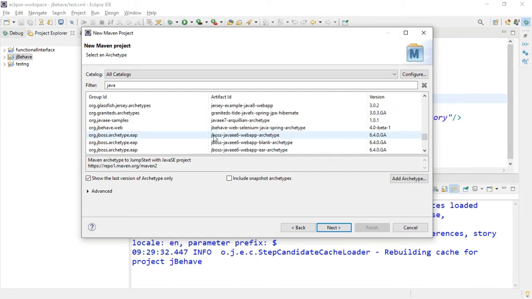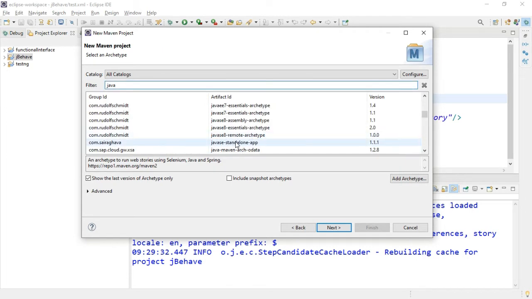So these archetypes have been provided by different organizations. Okay, you can see which organizations provided them and what the archetype is. You can just go through the archetype description, for example to run web stories using Selenium, Java and Spring. Okay, let me take one simple Java archetype for now. So I think you are clear with what is archetype and what is group ID and artifact